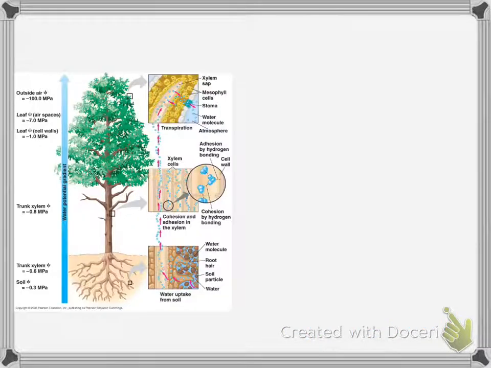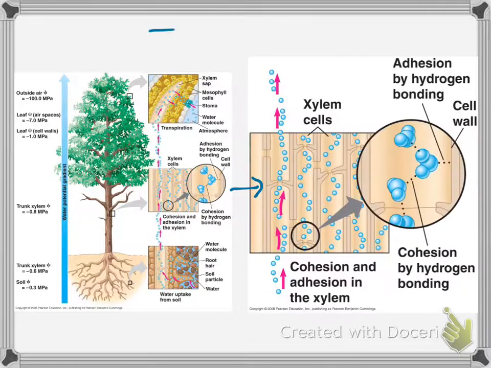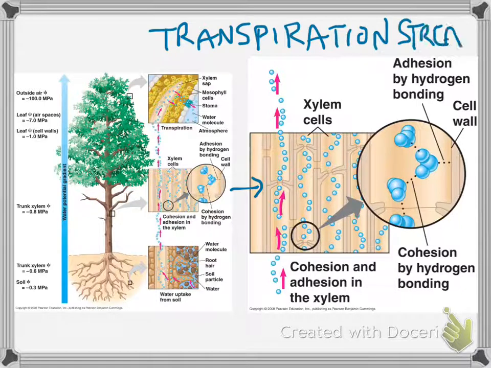Okay, next we're going to take a look at the transpiration stream. The transpiration stream is basically the water moving from the roots all the way to the leaves, but the main stream is going through these xylem cells. And the xylem cells are cells that form end-to-end, and when they're mature, they're actually non-living. And it just creates this giant straw, basically, because each cell, the cell membrane and the cell wall in between, is open, so the water is able to pass all the way up through the xylem cells